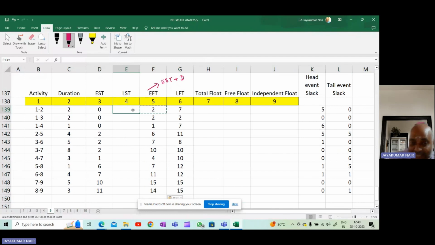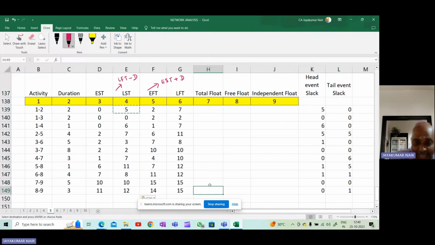Now, what is the late start time? Late start time, how do you compute? It will be late finish time minus the duration. So this is the late finish. From this, if you minus the duration, you can see what is the late start. So late start will be LFT minus the duration. LFT minus the duration will give you LST. So we have computed